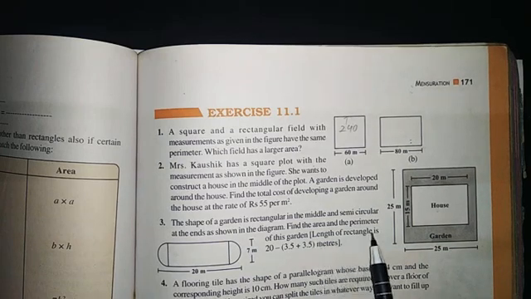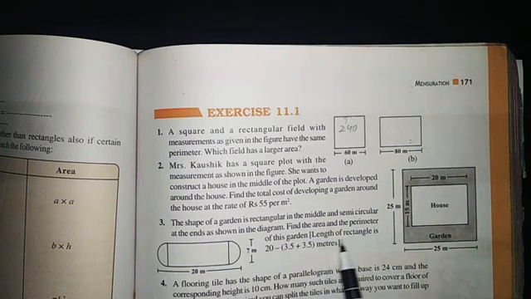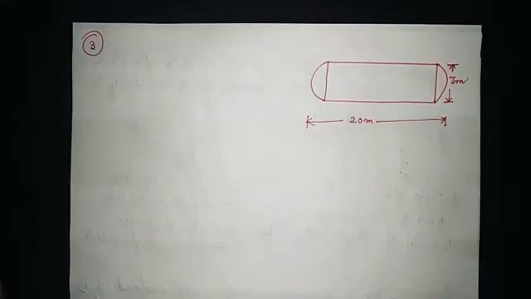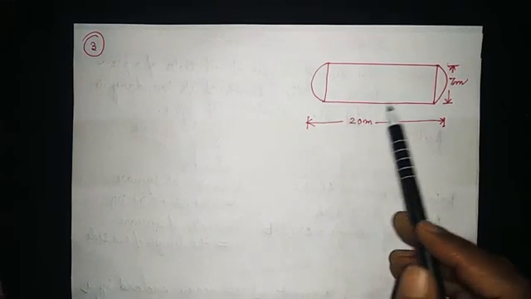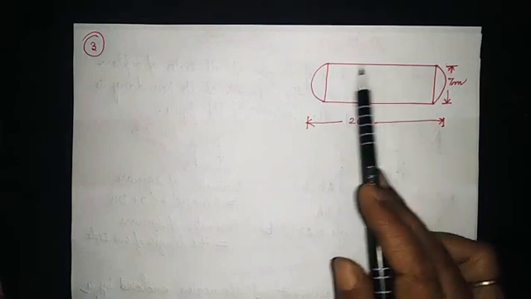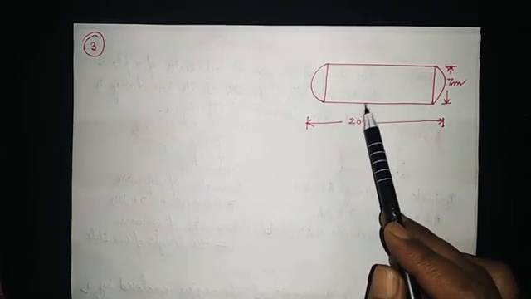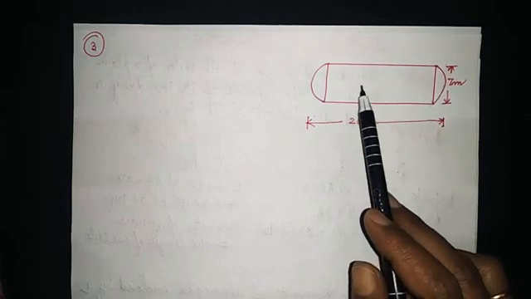Here, how do you have to calculate the length of the garden? The hint is given. I will explain it when I explain this solution. Now let's solve this question. Here children, to find the area of the garden and the perimeter of the garden, first we will find the total area of the garden.